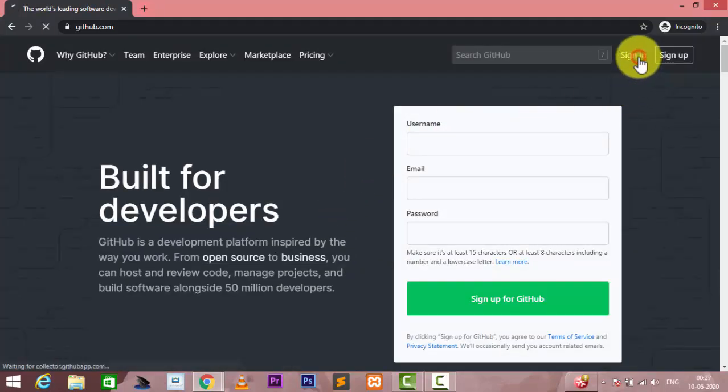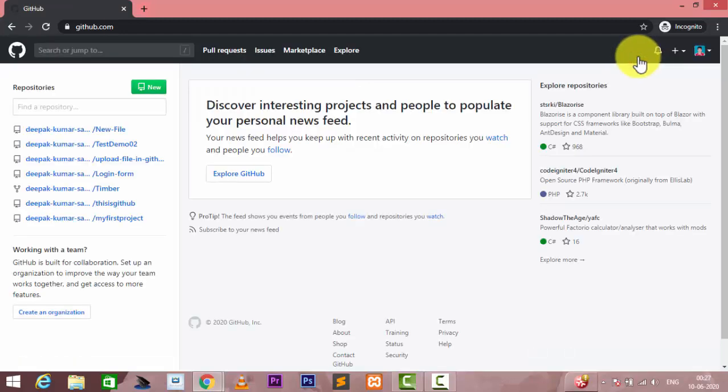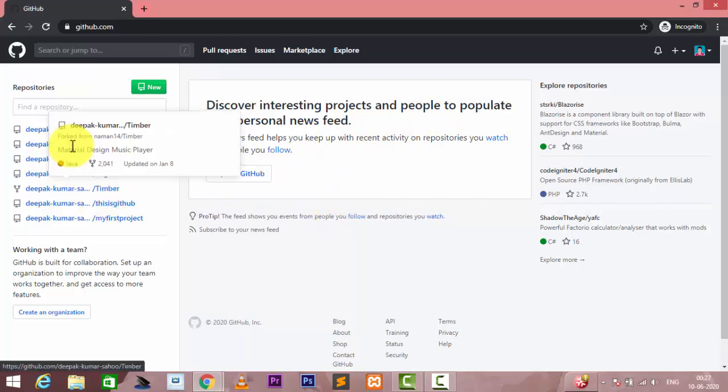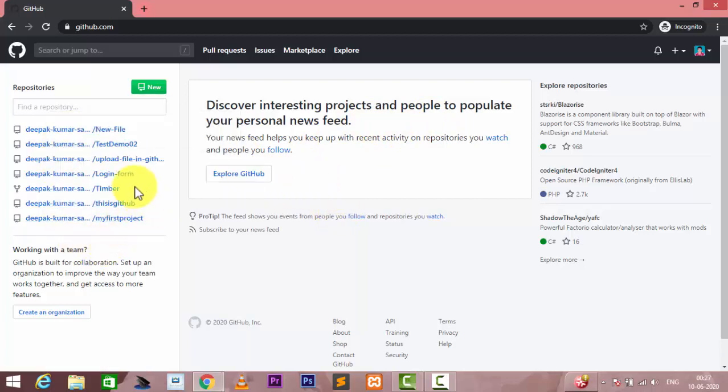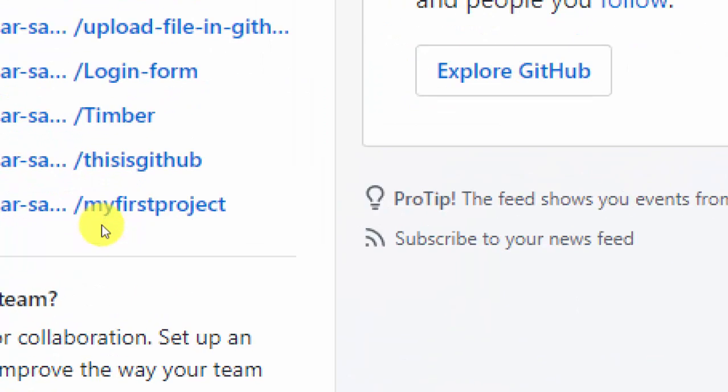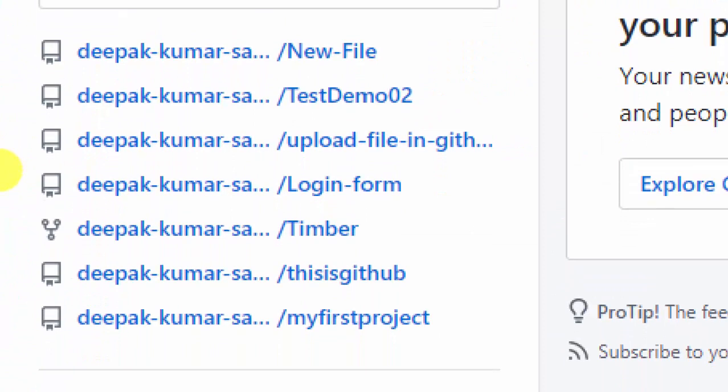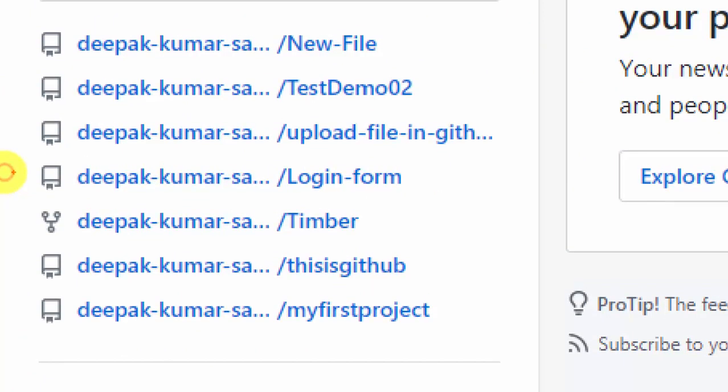After that it is automatically signed in. So this is my total GitHub. You can see this is my total project. I have this many repositories. If I zoom in, you can see this is my total repository list.